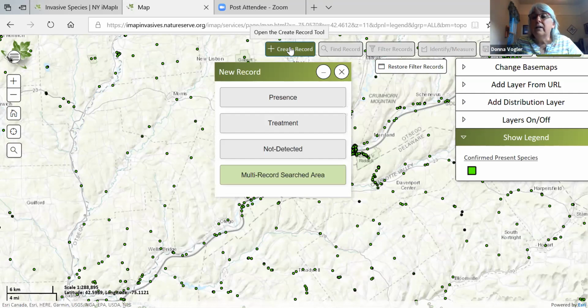Under the record, and again, I'm going to leave this more with Jeff, but I said that you could do presence or non-presence detected. If there was a treatment, you can do that. It also allows a multi-record. So if you were to do, say, a small park, rather than getting separate GPS points and separate everything, you can just do a big polygon for the whole park or the whole lake, and then list the 20 species that were found or some that were looked for and not found within that lake. So sometimes that multi-record is a good place to start.